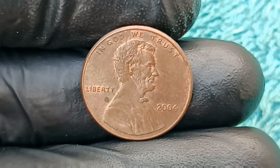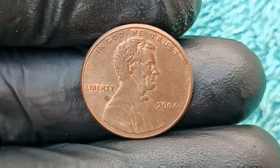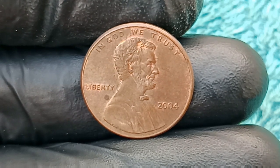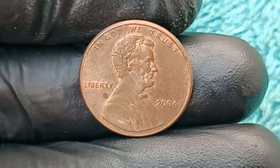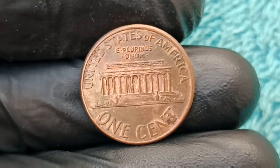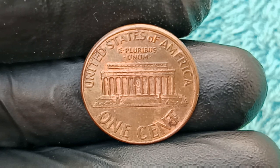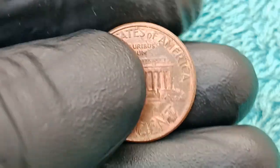And in this particular 2004 cent, traces of the Lincoln Memorial columns could be seen faintly on Lincoln's coat, while parts of Lincoln's profile appeared ghosted within the memorial structure itself, leading top graders and authenticators to classify it as a perfect storm of errors that defied logic, and yet the surprises still didn't end there,